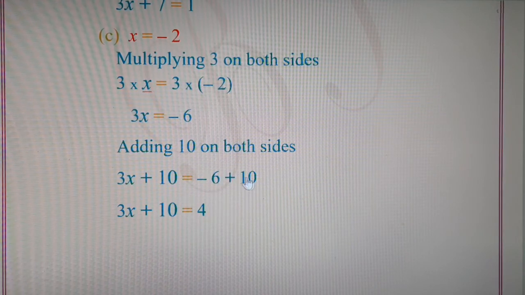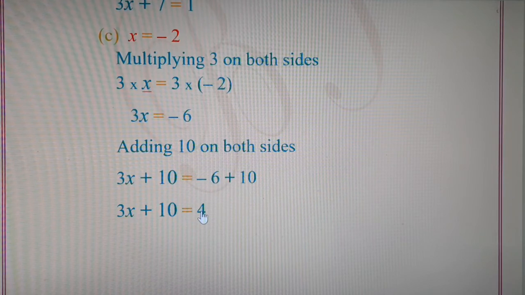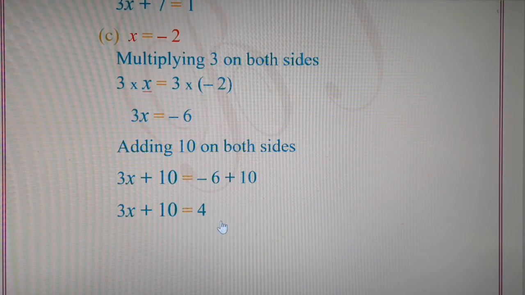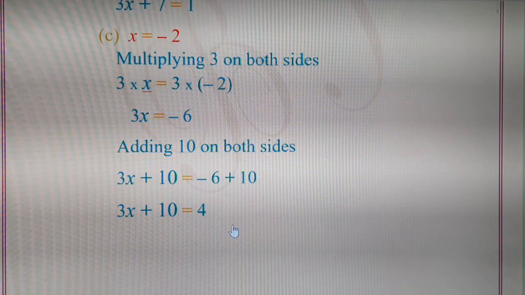So in the final step we will get 3x plus 10 and the right hand side will simplify minus 6 plus 10, or we can say 10 minus 6. Minus 6 plus 10 means 10 minus 6. Answer is 4. 10 minus 6, the answer is positive 4. Hence the equation required will be 3x plus 10 is equal to 4, and this will be the third equation which we have formed, and it is such an equation that if we simplify or reduce it further, the solution of this equation will be minus 2. X equal to minus 2 will be the solution of this equation. Here children, we complete exercise 4.3.